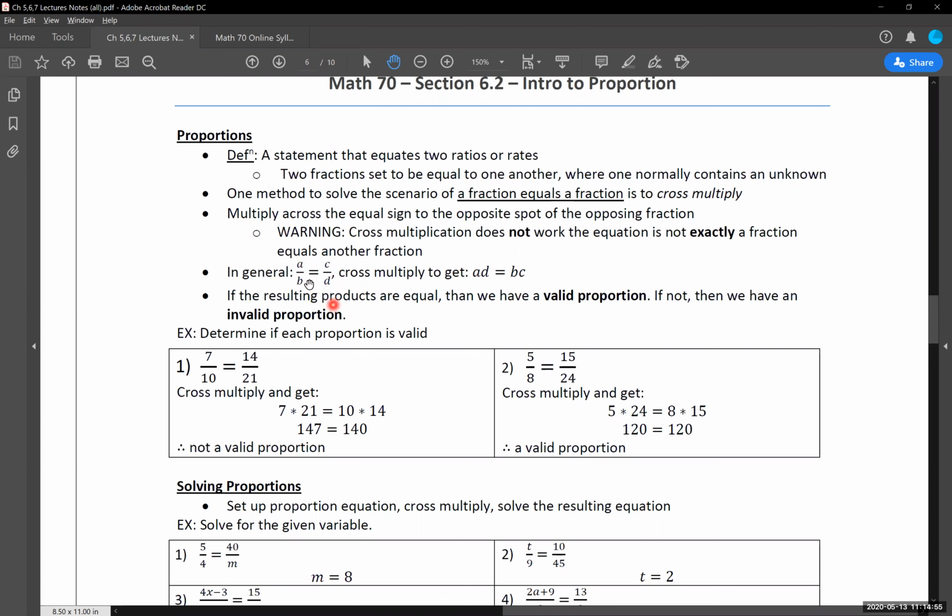So to cross multiply, the numerator of one times the denominator of the other, and the denominator of the one times the numerator of the other. This gets us A times D is equal to B times C. This is ultimately our result when we do cross multiplication. What's nice about this is that the overarching scenario of a fraction equals a fraction has disappeared, and we're just left with these two things multiplying equals these two things multiplying. So it gets rid of our initial scenario and takes a lot of the headache out of that for us.